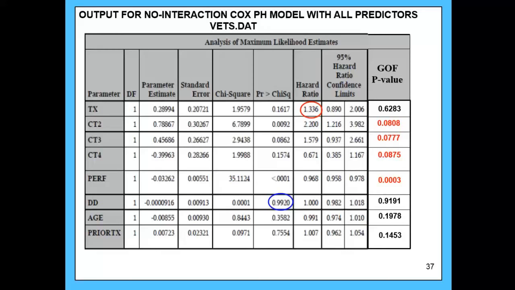Now, what do we have to do to decide whether we can use that model? Well, we could define what we think the model should look like, and then we could evaluate whether the variables we're putting in the model satisfy the proportional hazard assumption. So this particular table gives you some information to allow you to evaluate that. Actually, it allows you to evaluate that for one of the 3 ways to evaluate the proportional hazard assumption,